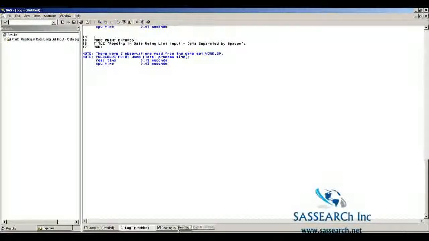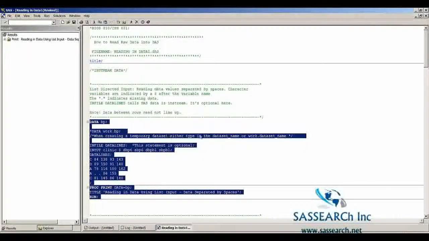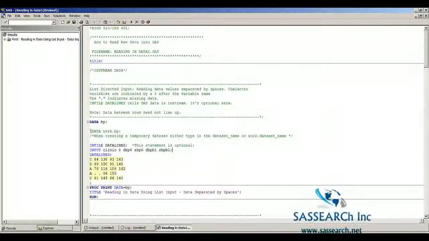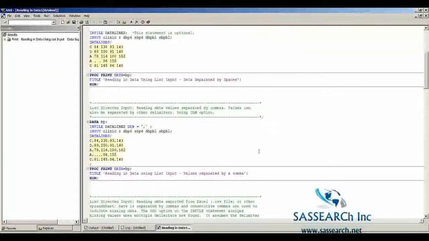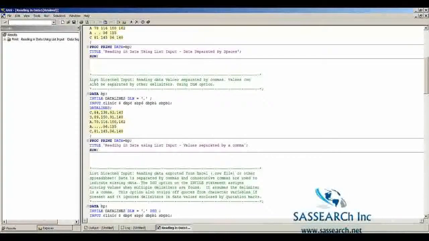And so if we go back to our program, you'll notice here that I have added this comment where I say that you could have also written data work.bp, and that would have created the same data set. So when creating a temporary data set, either type in the data set name or the data set name with the prefix work. Now let's go down to this second example, and here we're looking at list directed input, so